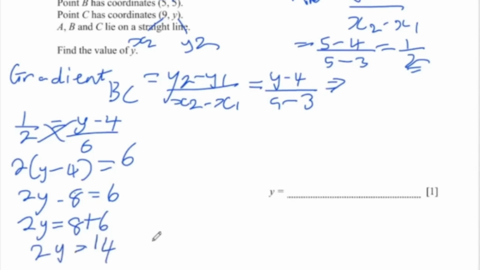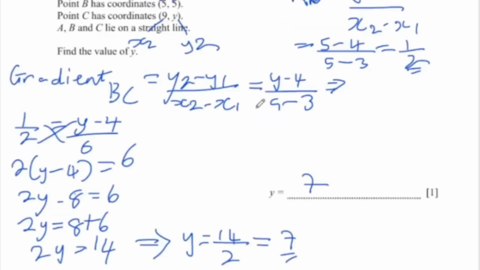So clearly we see that y will be equals to 14 divided by 2, which is equals to 7. So y is equals to 7. So it's a very simple question, and it doesn't need to be very